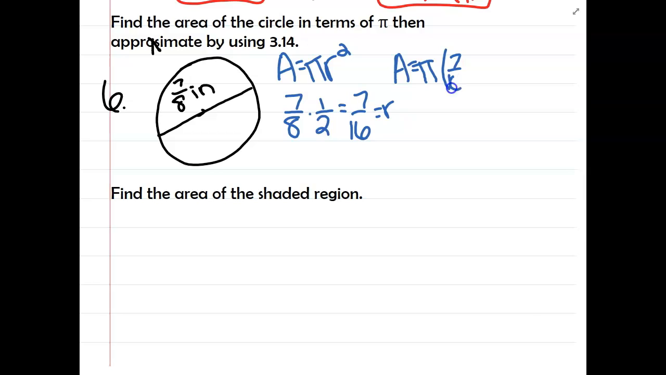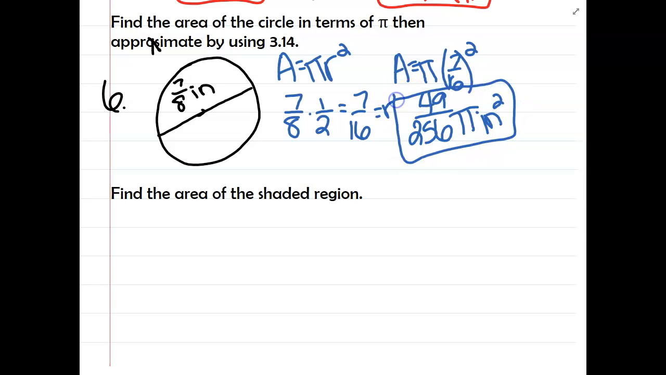r, 7/16 squared. Now, to write this in terms of pi, we're going to need to square the 7/16, and then to leave it in terms of pi, we'll just put the pi at the end. So 7/16 squared is just 7 squared over 16 squared, which would be 49 over 256 pi, and then area is always going to be in units squared. So in this case, it's going to be inches squared. So that would be your answer in terms of